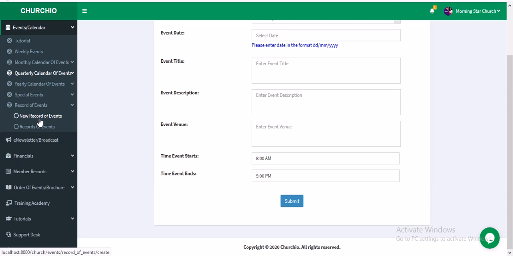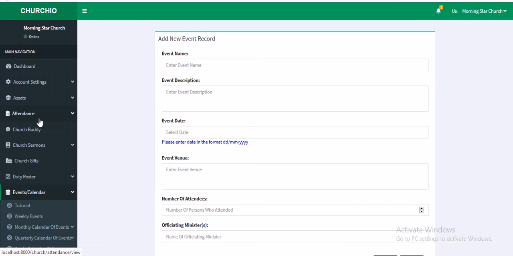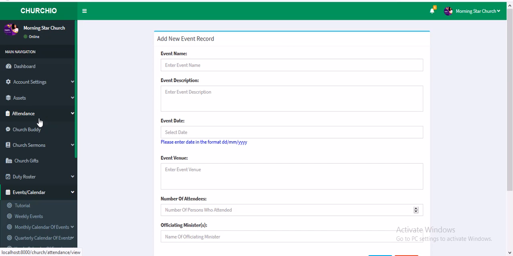It gives us a form that allows us to capture what took place on an event. So for instance, for this Christmas carol event we scheduled, we can decide to keep record of the activities that took place, or a summary of what happened at the Christmas carol. And so we'll have the event name. So let's say Christmas carol, the event description,